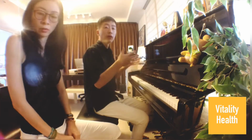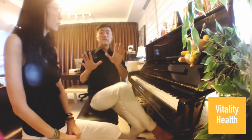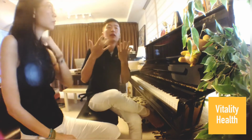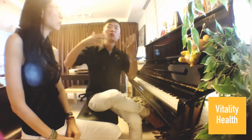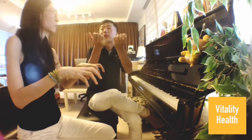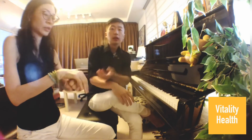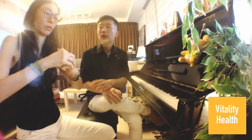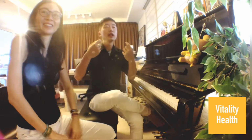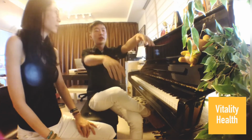And also your finger position. So this is very interesting. A lot of teachers, a lot of instructors, a lot of schools of piano playing actually indicate or emphasize curved fingers, like holding an apple, right? They always say, as if you're holding something, holding a diamond or something, right? But my training actually is that...